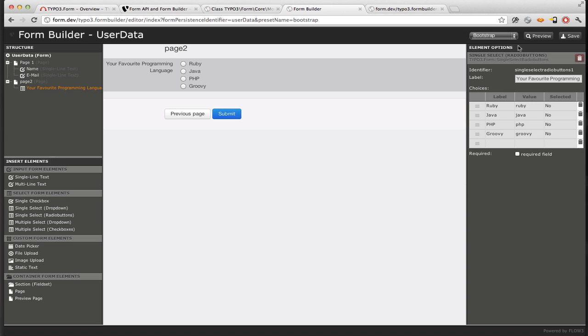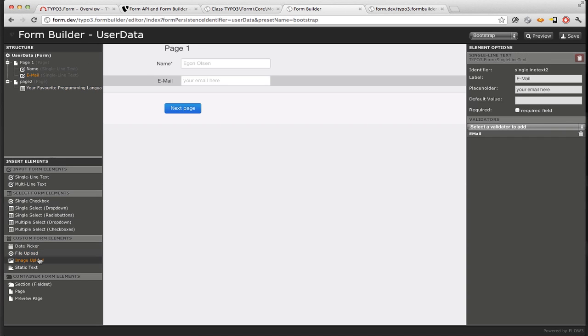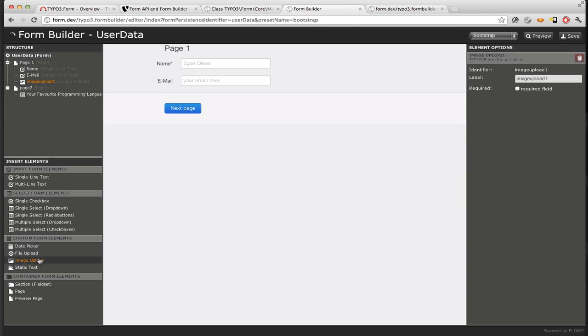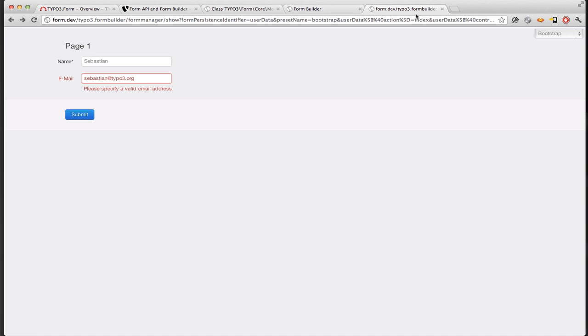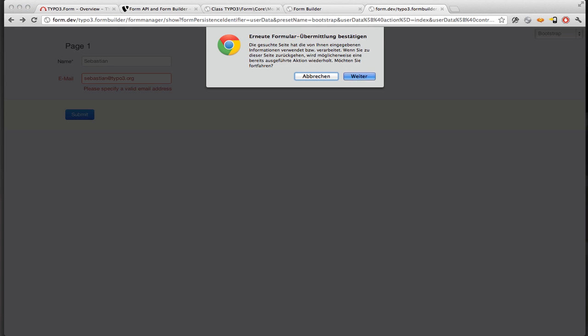So that's quite nice so far. Let's add some more to it. Let's, for example, add an image upload where you can insert your avatar. So we just say it's your avatar image, and you see it's automatically previewed as that. By the way, let's save that again and try it out. So I refresh the form,